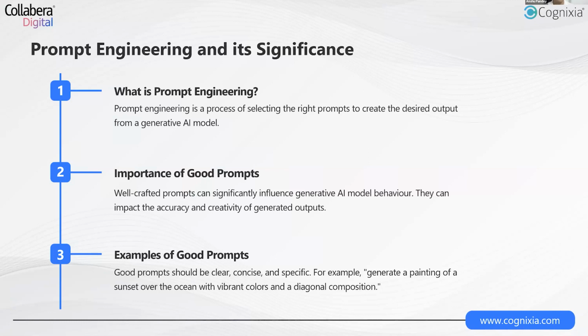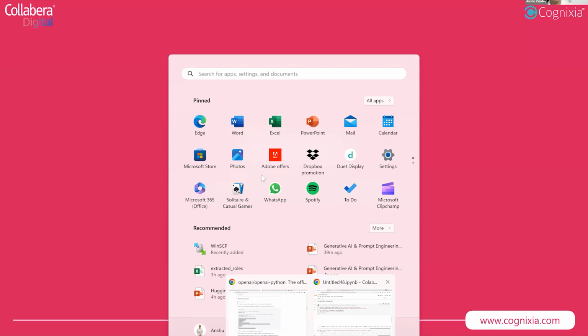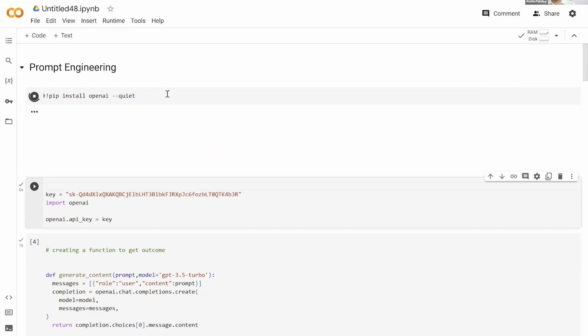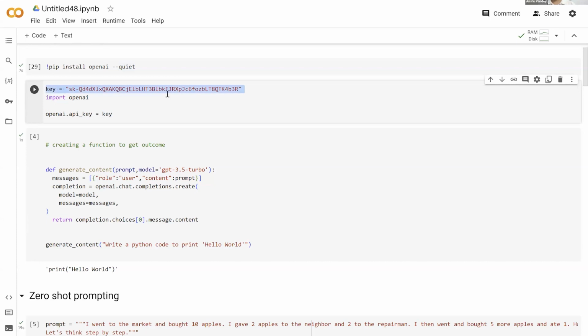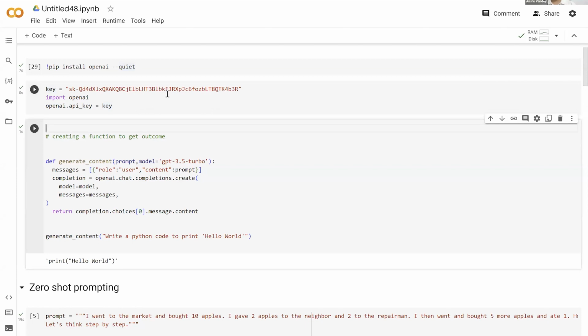Let's talk more about prompt engineering in general. There are multiple techniques across prompt engineering. Let's talk about them. To test it out, we're going to use ChatGPT, and we're going to use GPT consumed via the OpenAI API. For that, in Colab, I'm going to go ahead and install the OpenAI library. Click install OpenAI. I have a specific key which provides me access to the OpenAI API. We're going to import OpenAI and say openai.api_key equals key. That is where we are configuring the OpenAI key. Although recently OpenAI has launched an updated version of this SDK in which you have to create a client object and specify the key with the client object.